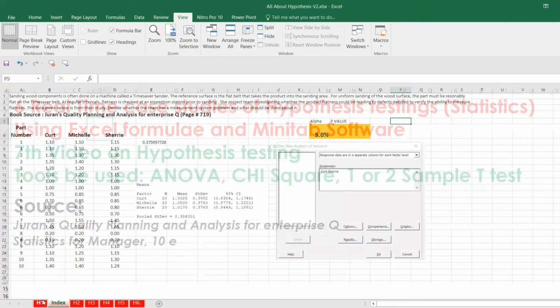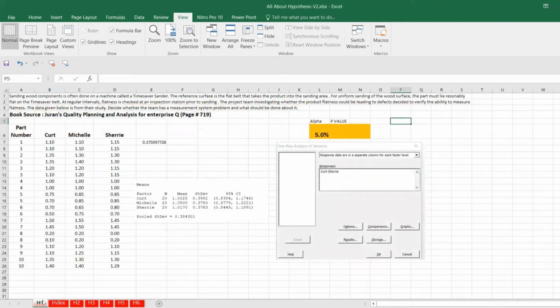Case number 1. Sanding wood components is often done on a machine called a time saver sander. The reference surface is the flat belt that takes the product into the sanding area. For uniform sanding of the wood surface, the part must lie reasonably flat on the time saver belt. At regular intervals, the flatness is checked at an inspection station prior to sanding. The project team investigating whether or not the product flatness could be leading to defects decided to verify the ability